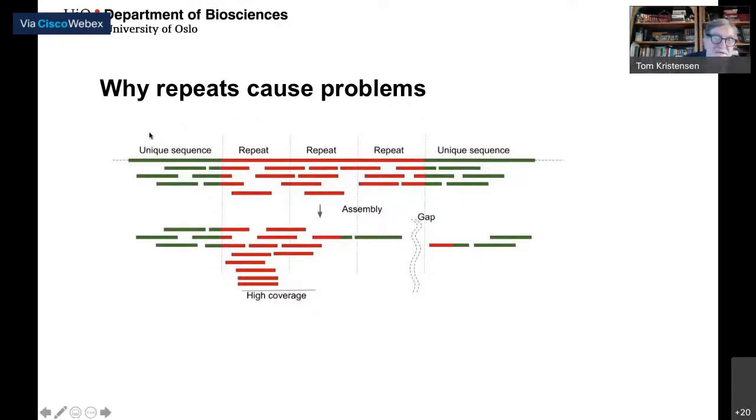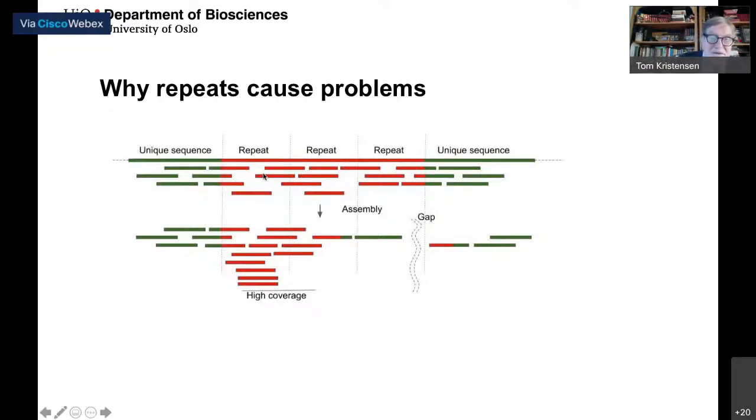Again, at the top here, it shows us how an assembly ought to work. We should be, from all these fragments we have here, be able to assemble the sequence we have up here with these 3 repeats flanked by unique sequences. But in real life, this will not happen because